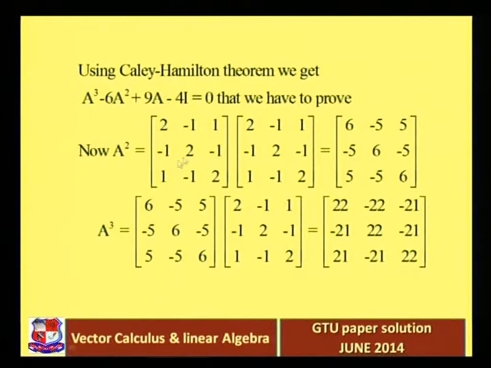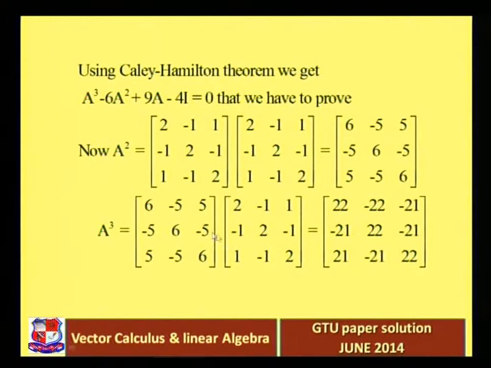So a square is this one. Now a cube, a square into a, that is [6, -5, 5; -5, 6, -5; 5, -5, 6] into [2, -1, 1; -1, 2, -1; 1, -1, 2], that is equal to,